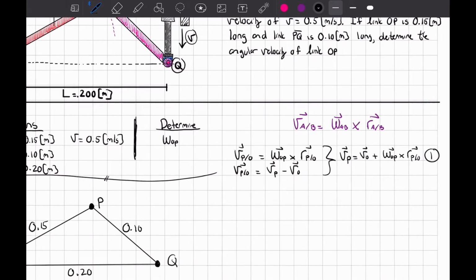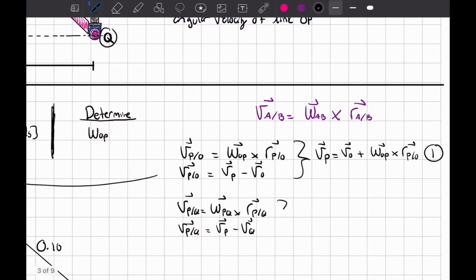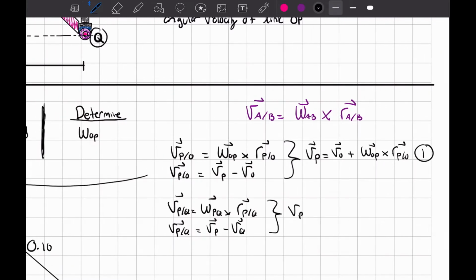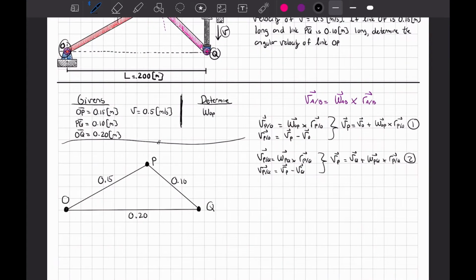And so we can do the exact same thing with P and Q. So we can write velocity of P with respect to Q is going to be equal to omega PQ cross r P with respect to Q. And then V P with respect to Q is going to just be equal to V P minus V Q. We set those two equal to each other, and we get V P is going to be equal to V Q plus omega PQ cross r P with respect to Q. And I hope that you can see here that now we have two equations for the velocity of point P. And so if we combine 1 and 2,